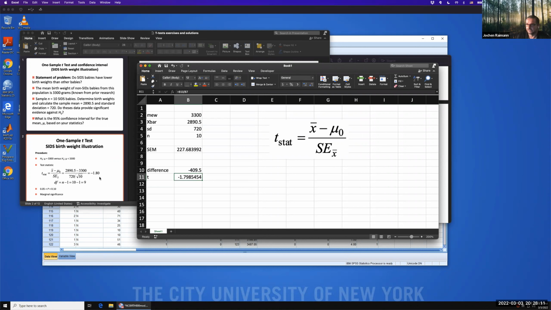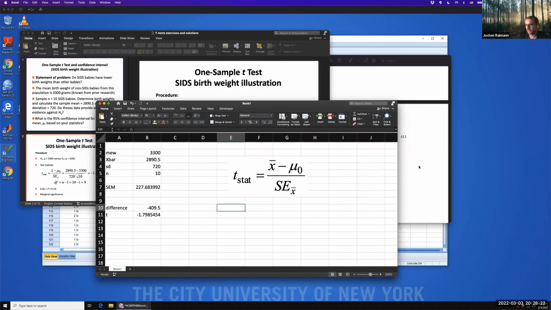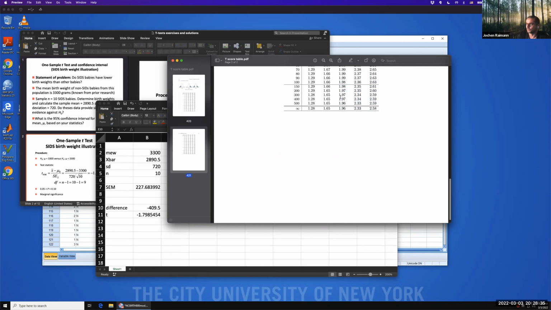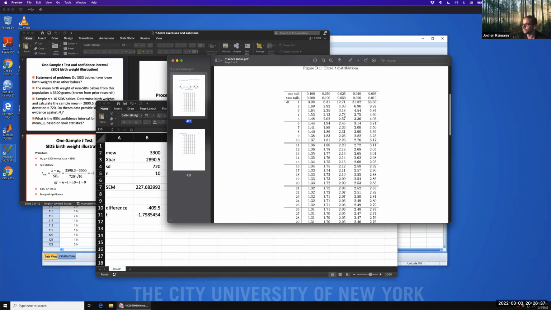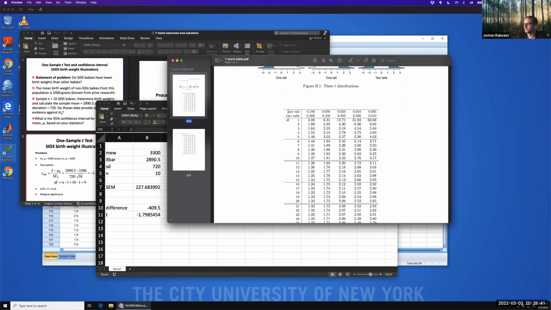minus 1.7985, minus 1.8. So now if you want to build your 95% confidence interval, you remember for the z distribution, you are looking at 1.96. And if you had a sample that is greater than 500, you are essentially looking at 1.96. So again, the way you're reading this t-test,